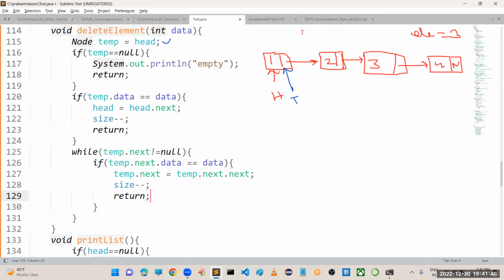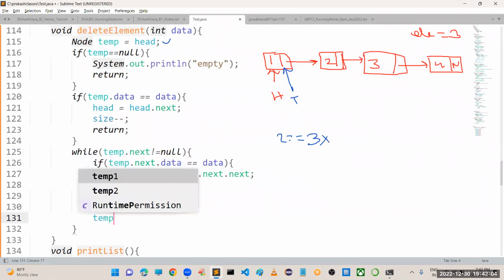Sir, what is this loop? Observe carefully. Temp dot next is this one. Is its data equal to the given data, 3? No, the condition is not satisfied. If the condition is not satisfied, try to make temp equal to